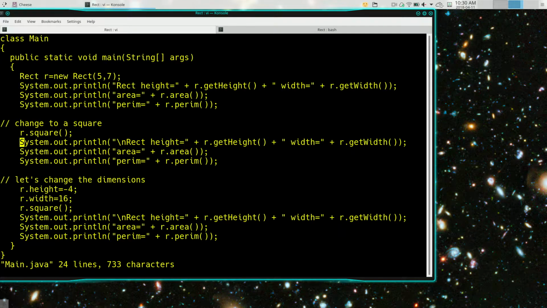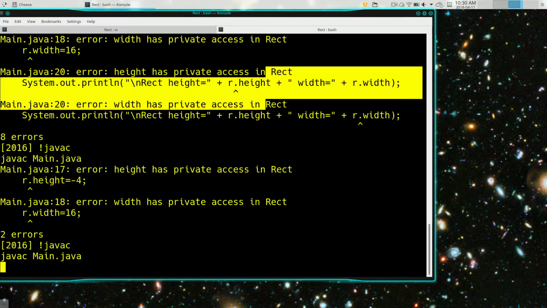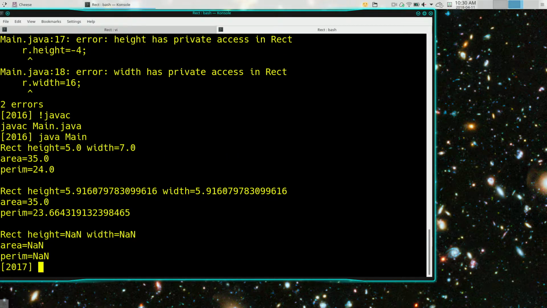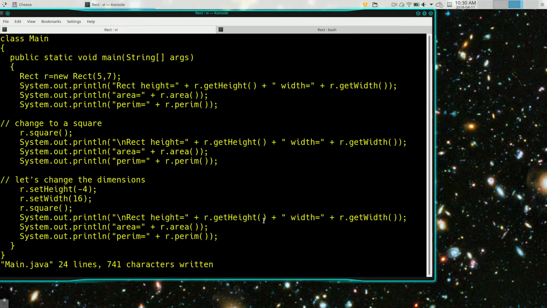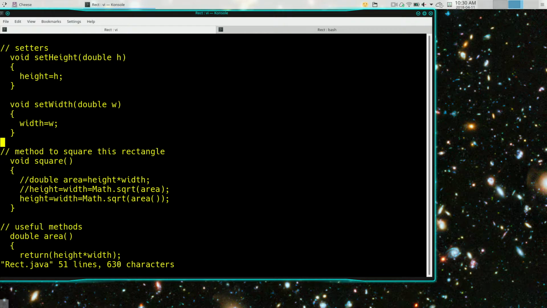So now, instead of saying r.height, I'm going to say r.setHeight(-4), and r.setWidth(16). So now it's doing what it did before. And now we can do what you're suggesting. We can take care of these negative numbers by putting something in here which says